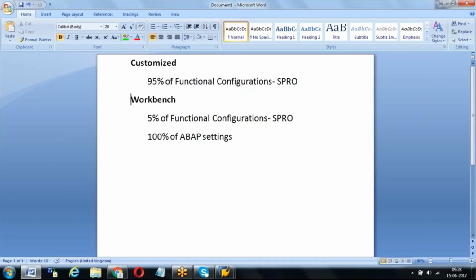In production, generally we will have only one client. Not generally, we may keep some pre-production for some kind of testing. But production we will always have one client, and for quality you may have two. One we keep for trainings, all kinds of end user trainings or any in-between trainings. We do a separate client in quality. Development, these things I will explain in real time. I am going to share it with you once we finish the procurement.